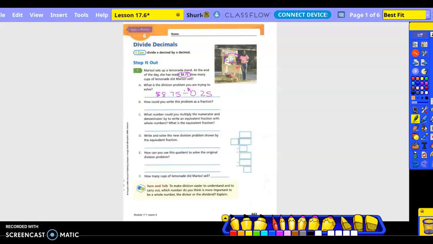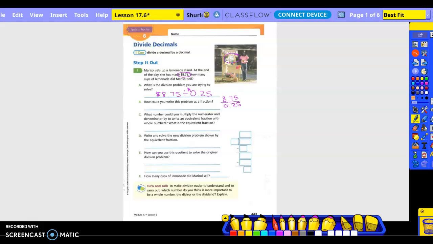Okay, so how could you write this problem as a fraction? So what else can we do? What does that division symbol also represent if we would do it fraction-wise? The fraction bar, right? A fraction bar also means division in some instances. Would we necessarily need the dollar sign? Okay, so we could put 8.75, and you guys can put this on the line. It's just harder for me to write up here. So 8.75 divided by